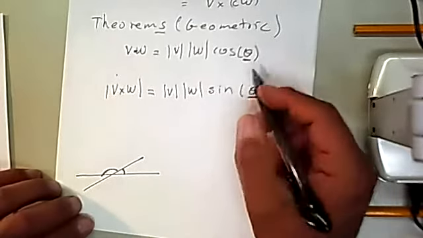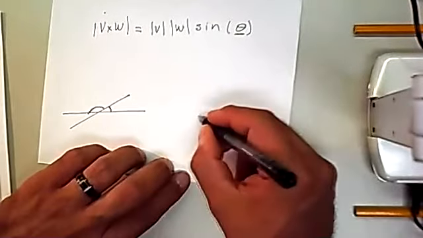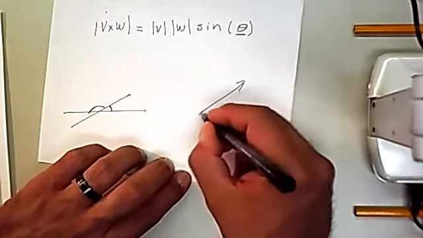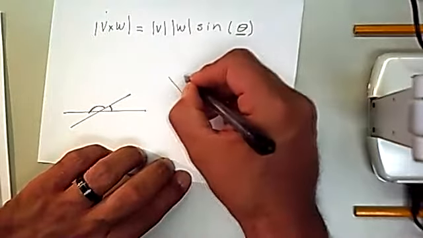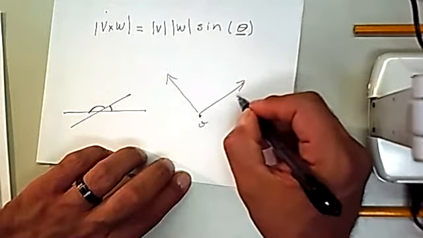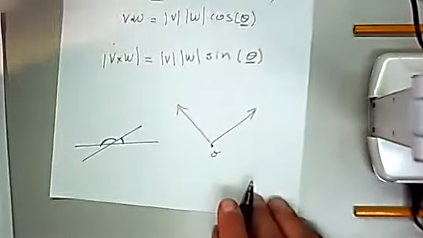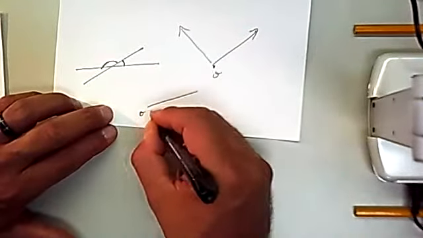With the cosine, it doesn't matter. See, the thing with vectors is that we have directions. Assuming this is the origin, we have a direction. Let me give you a different example. If you have two vectors coming off the origin,